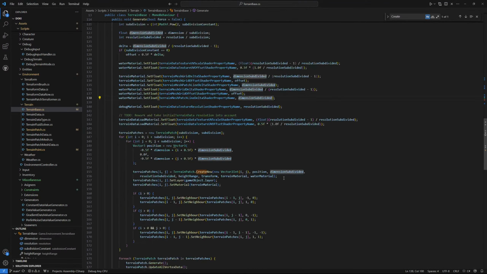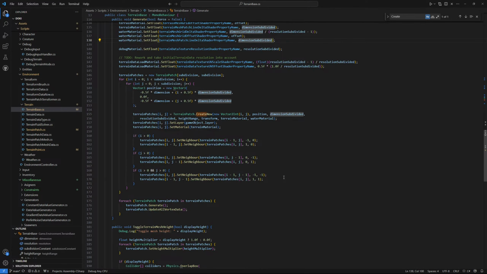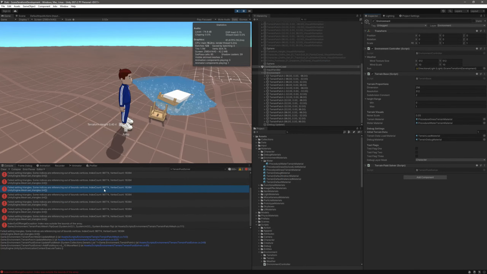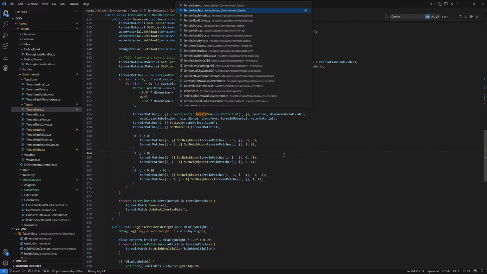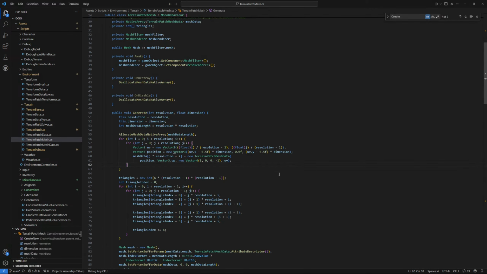So why do we get this one? Terrain patch mesh,